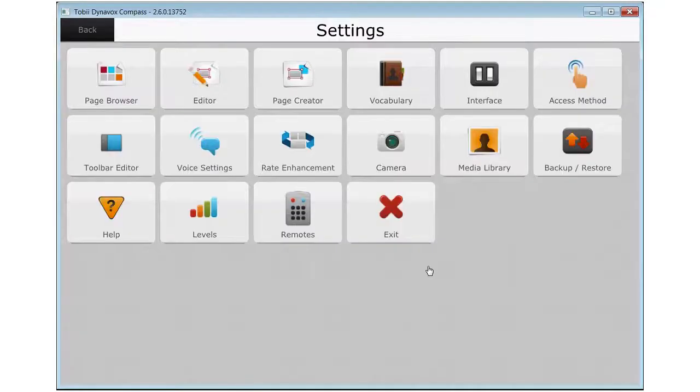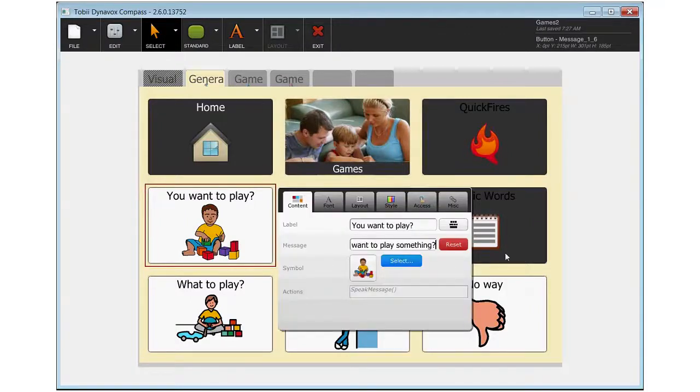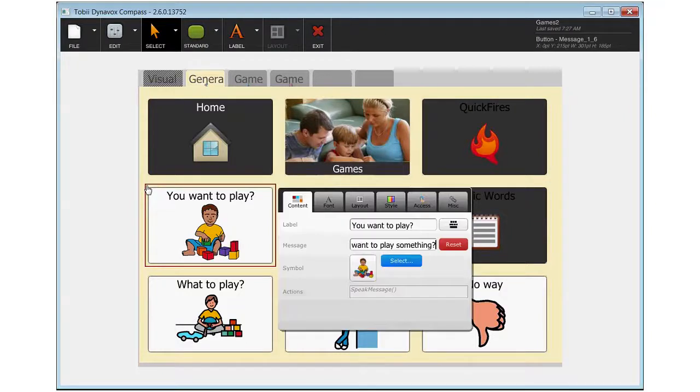Call that Games 2. And what will happen is it will open up in my page set editor. So right here, once I'm in this section, any of these buttons that I click on, if I hit the red dot, it will bring up my typical editing menu, something that I'm used to seeing anytime I've been modifying any buttons. And what I want to do, since I've duplicated this page, is I want to change these phrases to something new. So let's just say,